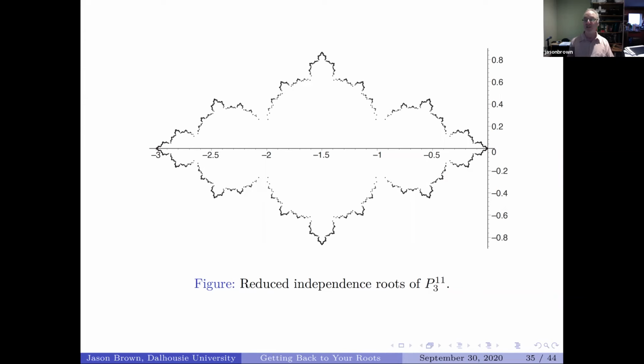And it's an interesting question of how you generate these pictures, because as you do this graph substitution, you will find that the degree grows very fast. And so finding the roots, or approximation of the roots, becomes a non-trivial problem. You can't find the roots exactly, so you have to approximate them. But even so, and I won't go into the details, you can use some mathematics to improve your algorithm drastically to find approximations for the roots when the graph gets high. So this is why I could go up to 11 and get this beautiful picture of a fractal.